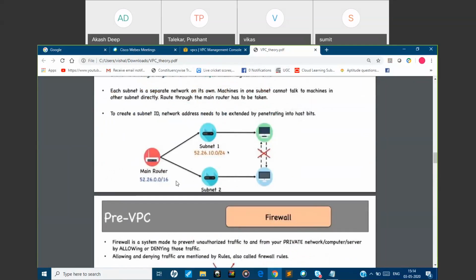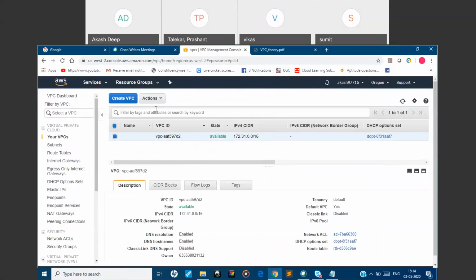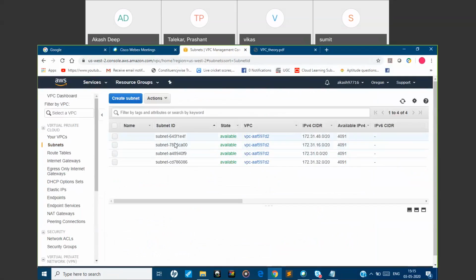See, subnets will be associated with the VPC. There will be a single network, and under that network you will have the subnets. Whatever you are seeing here, this is a single network, and all these subnetworks are associated with this single network.